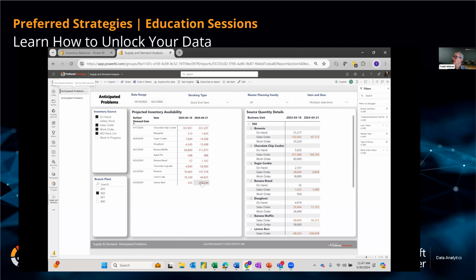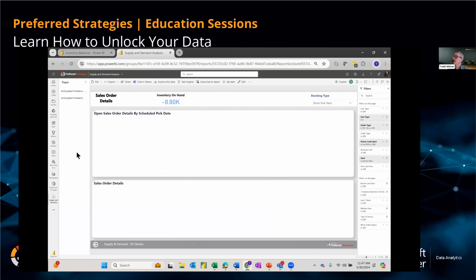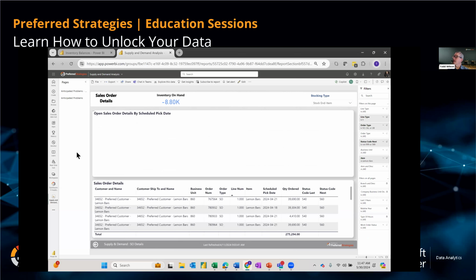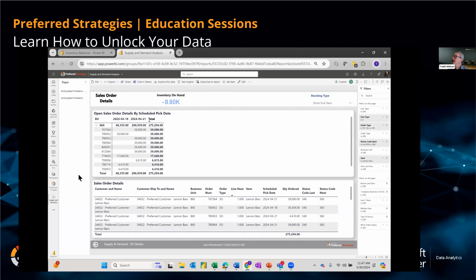The same would be true for any other area where we wanted to drill down. So maybe we wanted to see what's behind the sales orders on this lemon bar, a huge lack of availability that is ahead. And we see the breakdown here, where that availability is going to be affected. We see where those sales orders are coming in and the source of that. We could even have a subsequent drill down into that that may be broken down on allocated versus non-allocated, and